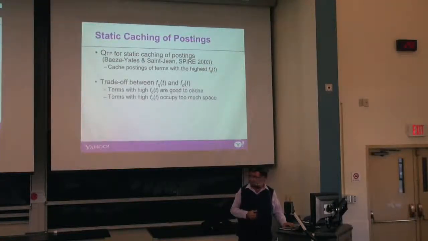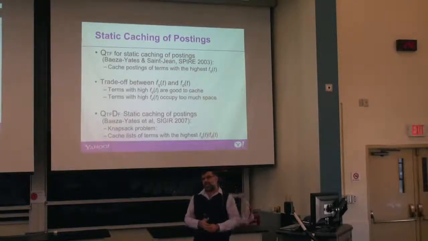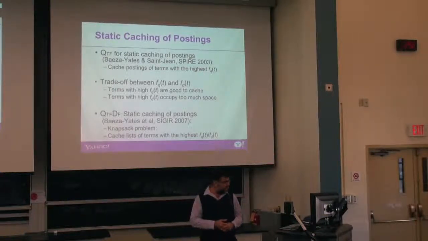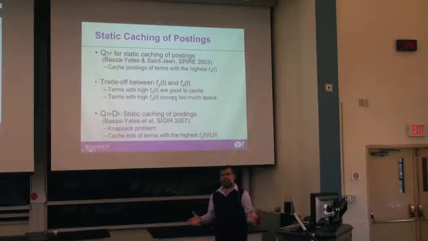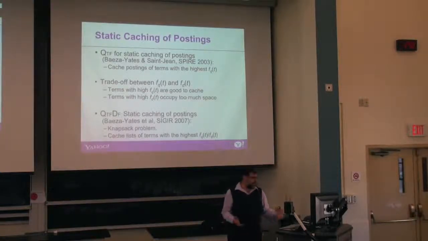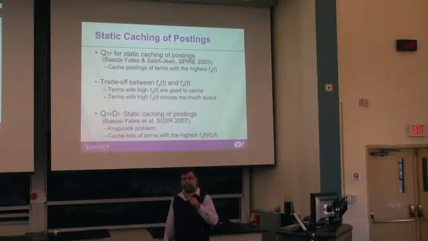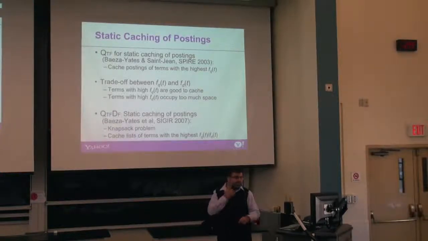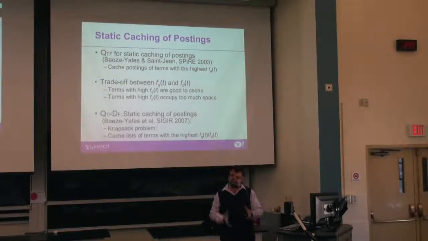So infinite cache here is 50%, infinite cache here is 95%. So we tried a new algorithm. The simple idea is to cache the things that are more frequent. However, in the index that's not a good idea, because maybe there are things that are very frequent, but they also take too much space. So we have a knapsack problem, and then we use the standard well-known solution for knapsack. We use the ratio between the frequency of the word in the query divided by the frequency of the word in the document. So basically, you want to have things that are frequent, but not too long in the index.